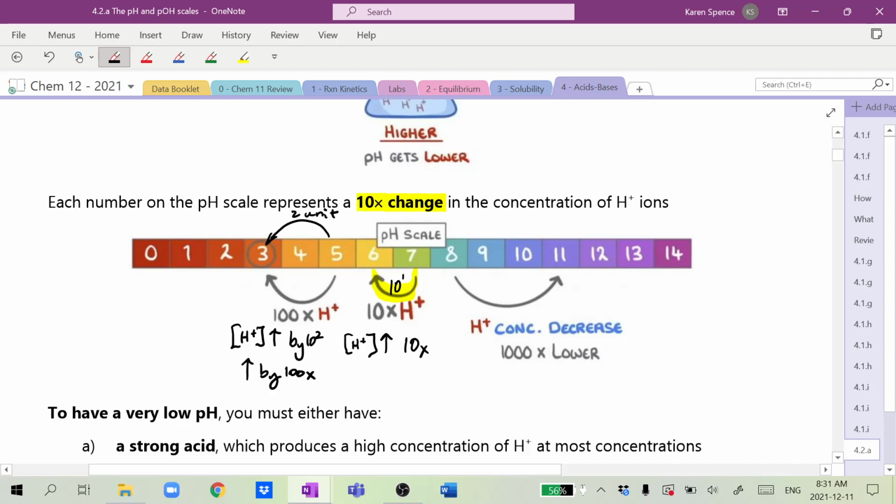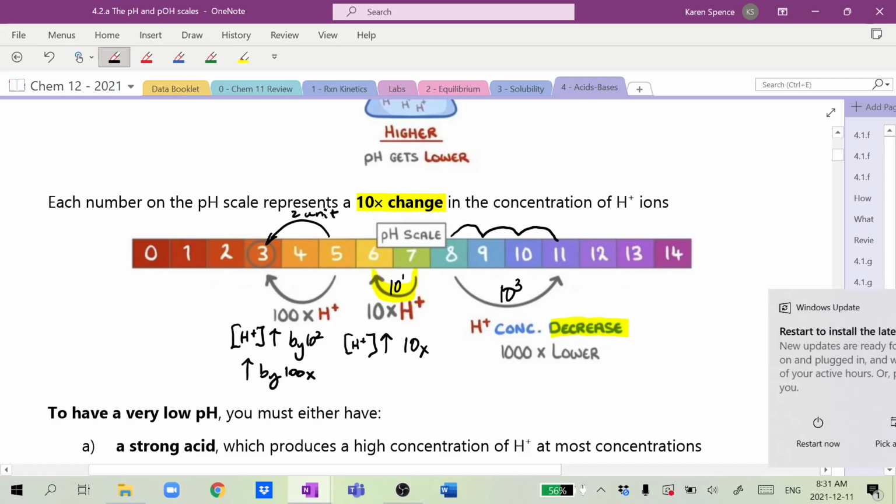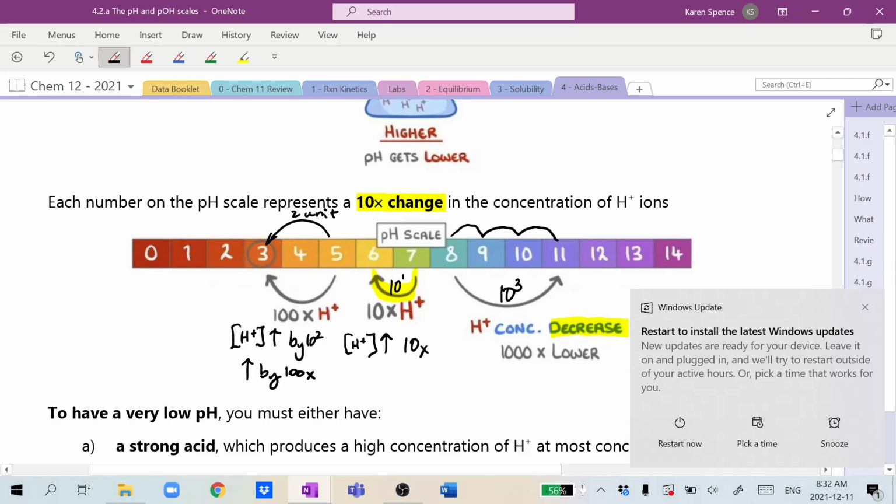An example going the other way, we are starting with pH 8 and increasing to pH 11. So that's a difference of 1, 2, 3 units. So the hydrogen ion concentration is going to decrease because pH increased. And because it went by 3 units, it's going to change by a factor of 10 to the 3, which means that the hydrogen ion concentration,